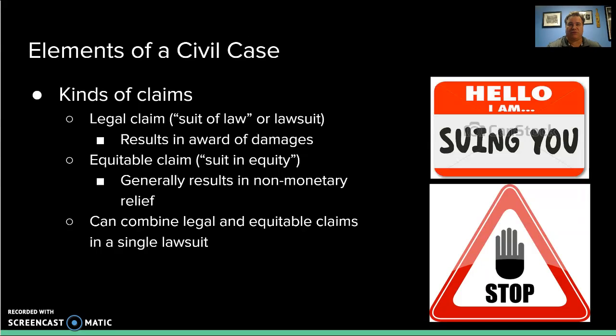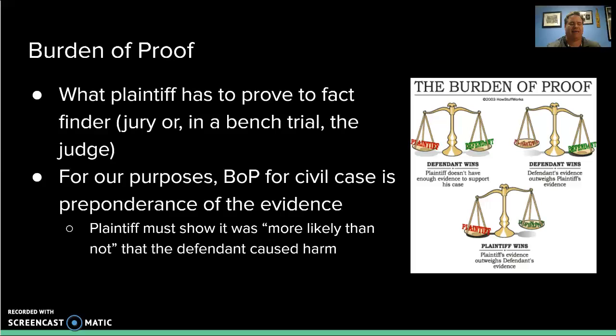In a single lawsuit, you can plead for the court to award both monetary compensation as well as some sort of equitable result. So this legal versus equitable claim is one that's important to remember,